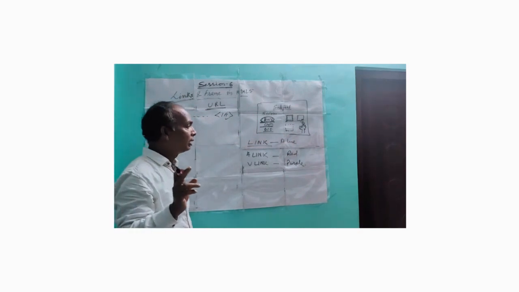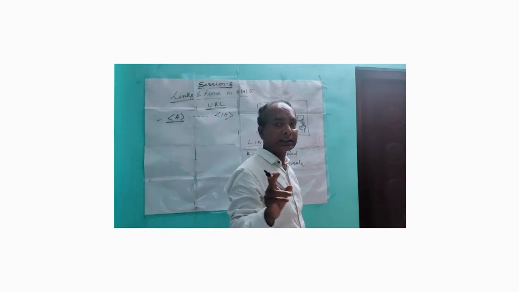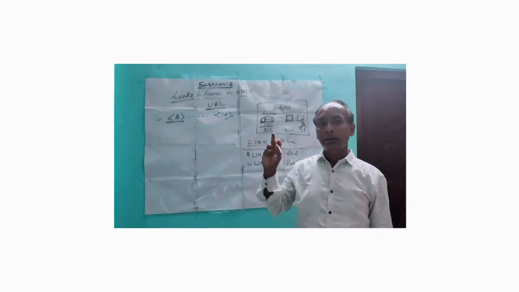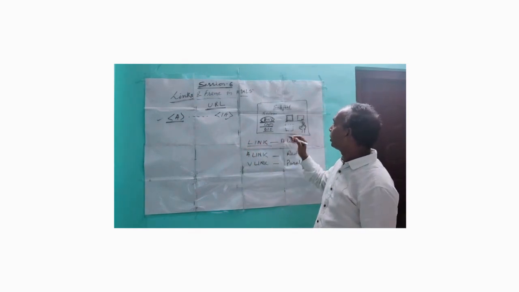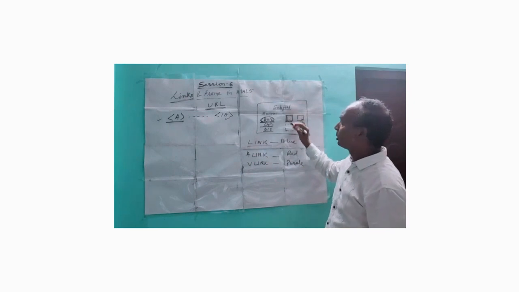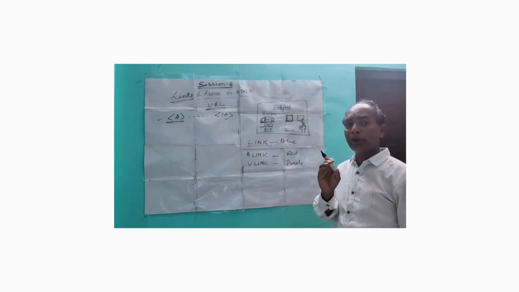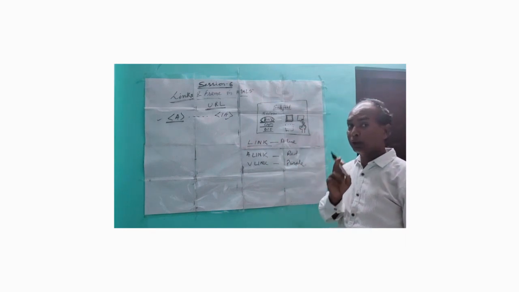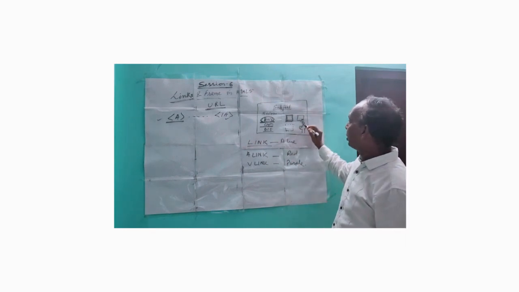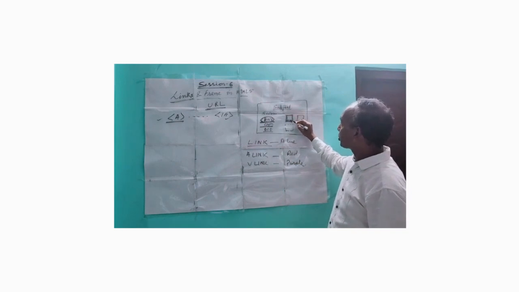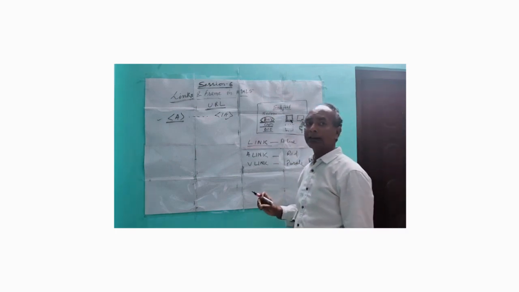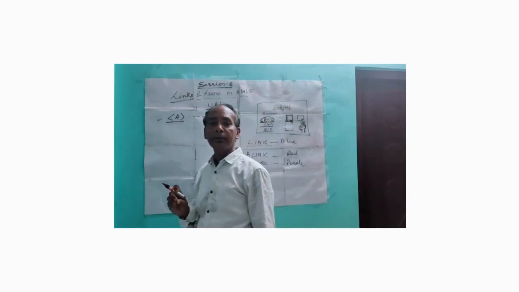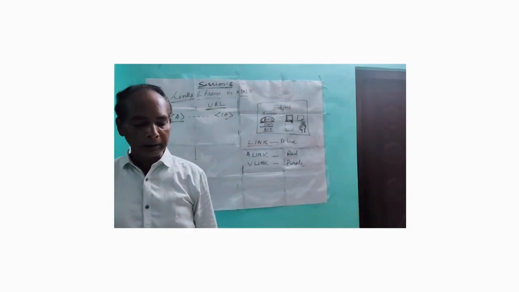First, how do you know the text is linked? The text appears in a different color and is underlined. Second, how do you know the particular graphic is linked? The border of the graphic appears blue in color, or when you bring the mouse pointer there, the shape of the mouse pointer changes into the shape of a hand. In this way, we can identify which text or graphic is linked or not linked.